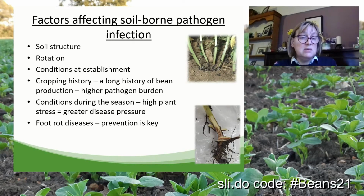There's a few other factors that you might consider. Cropping history, so if you have a long history of bean production or legume production, then you are likely to have a higher pathogen burden in the soil. And so you may want to think about extending rotations if that's the case, and particularly if you're seeing foot rot